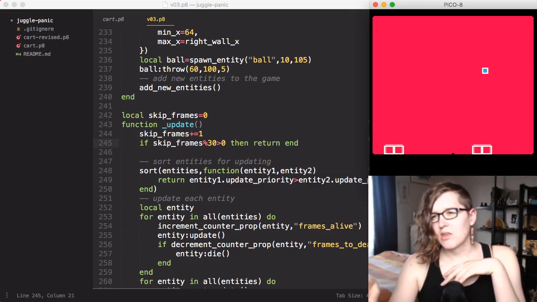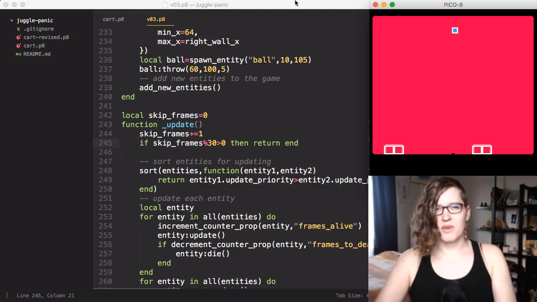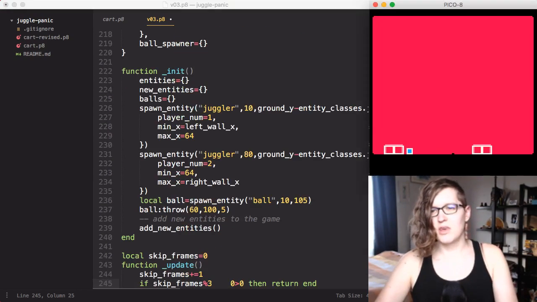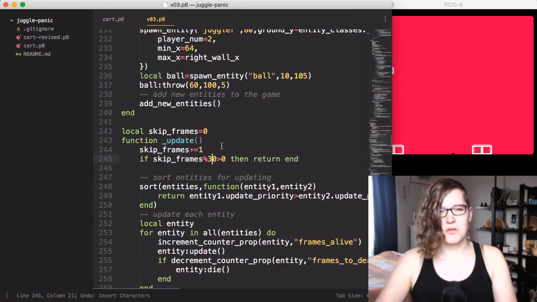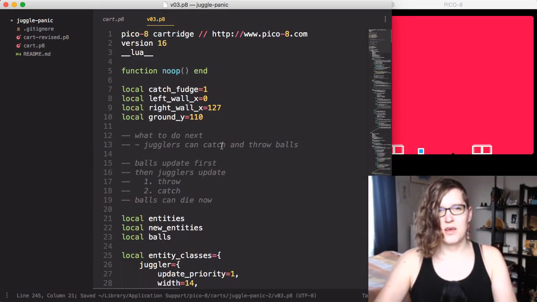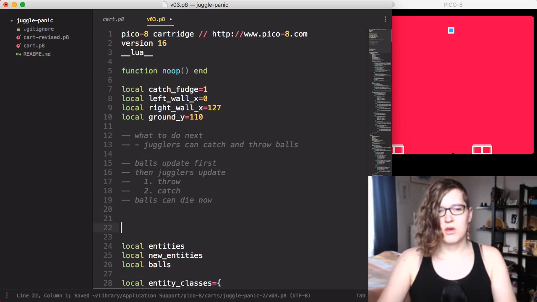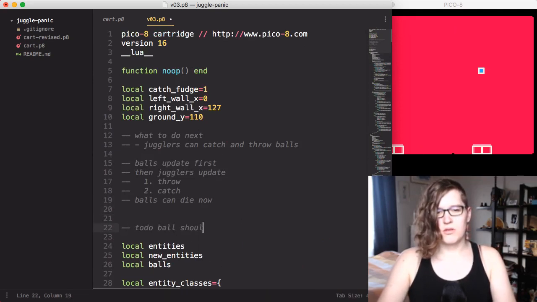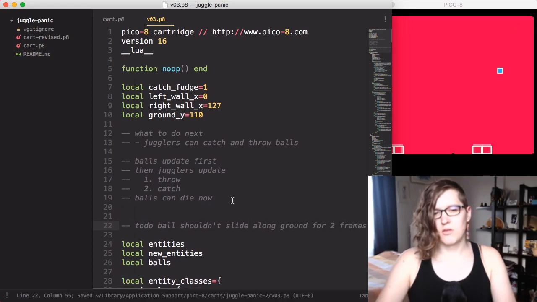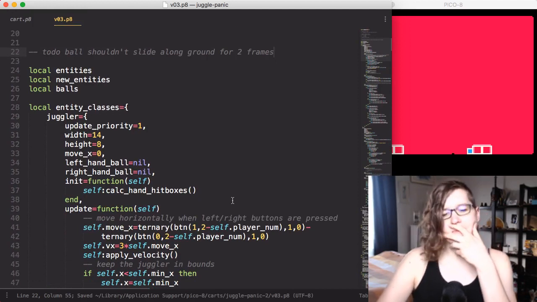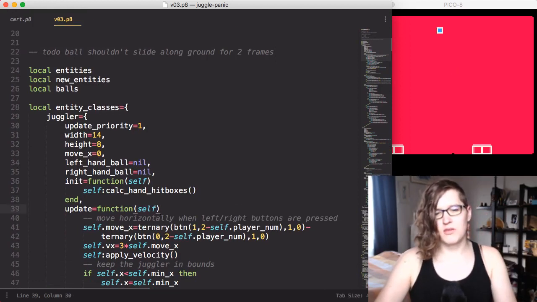Oh, I don't like how it's sliding along the ground there. I need to fix that. If you see, it hits the ground and then it slides forward and then it bounces off. I don't want it to do that. Let's do that. Ball shouldn't slide along on ground for 2 frames. Cool. So I'm going to need to fix that, but I want to do that